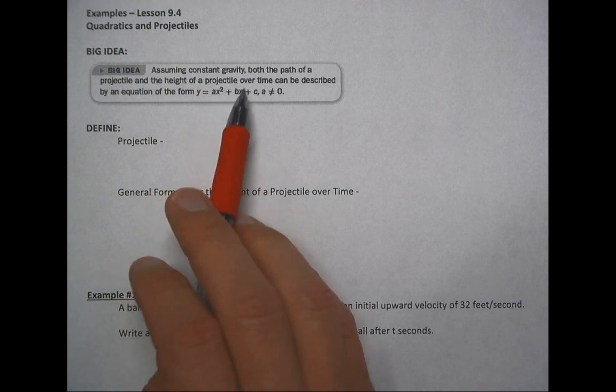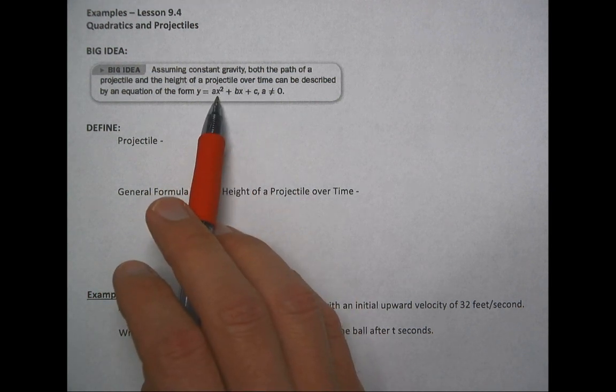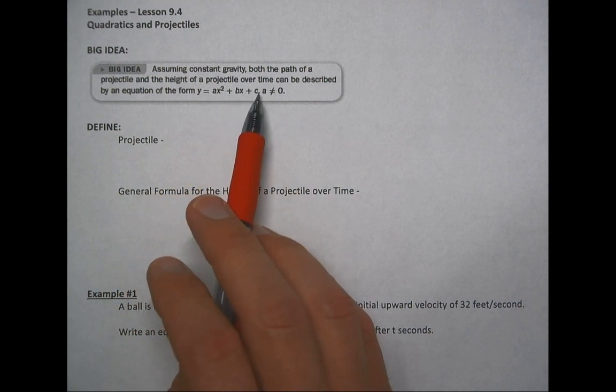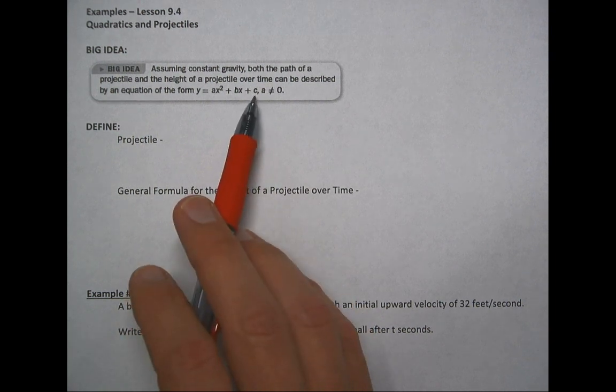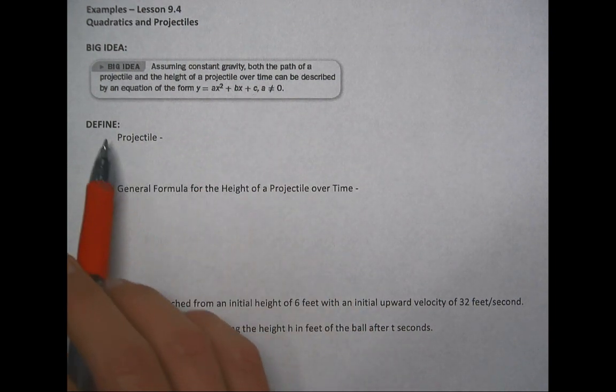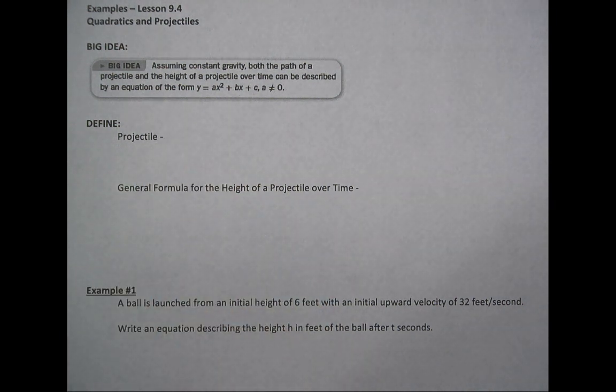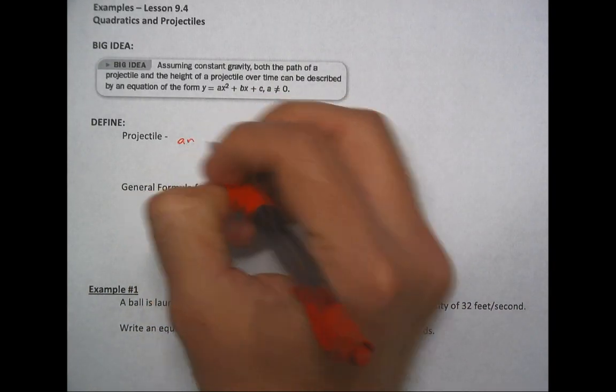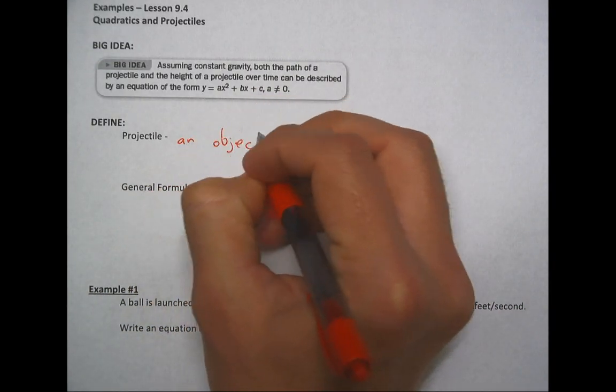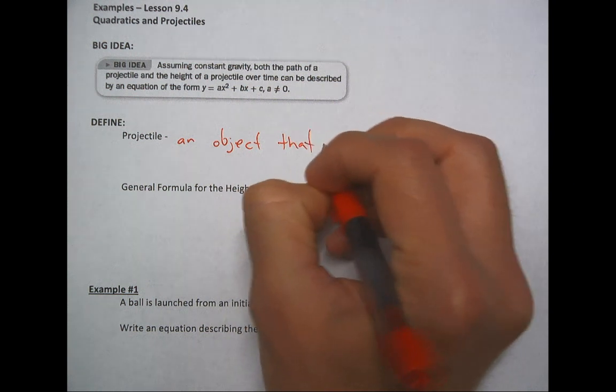We talked about a, b, and c being numbers. They're coefficients to x squared and to x, and then a number that's by itself. And we talked about how this is an intercept. All right, and so we're going to specifically look at how this equation can be used to find the height of projectiles. So a projectile can be defined as an object that is thrown,